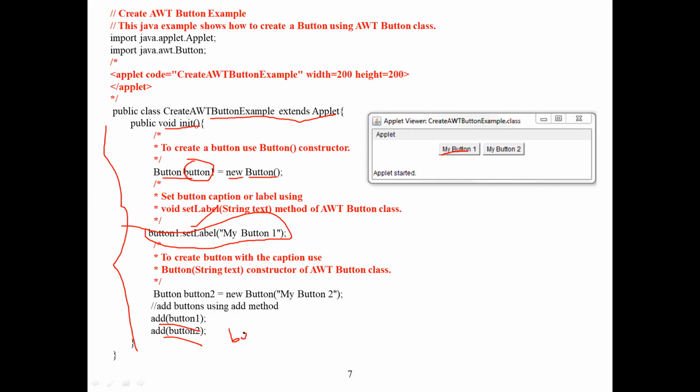So you can also set the bounds based on where you want to keep the buttons. The bounds can be mentioned by using setBounds. Okay, that I have not used. This is a simple init function where two buttons are created. And just have a look at this applet code, which we have imported. Here, there is a mention of the width and height of the window that is getting created. So this part is for specifying the window.